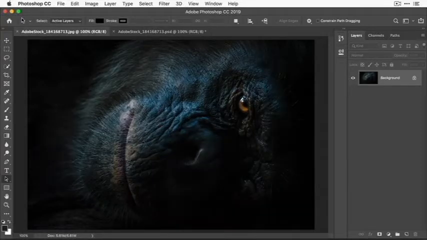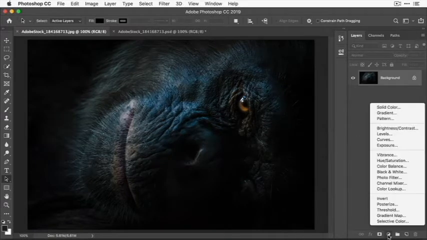To do this, locate your Layers panel and go to the bottom of the Layers panel and click the black and white circle icon. That opens this menu of adjustments. There are a number of adjustments that you could use to try to brighten a photo, from the simple brightness contrast adjustment to the more technical curves adjustment. We're going to use levels because levels give you control over different tonal values without being too complicated. So choose levels in this menu,